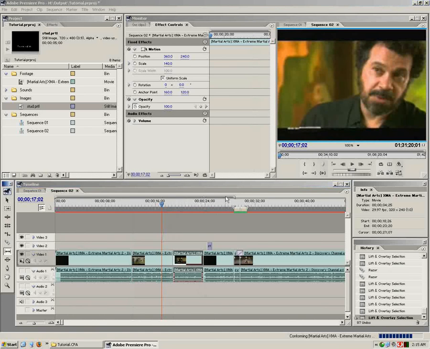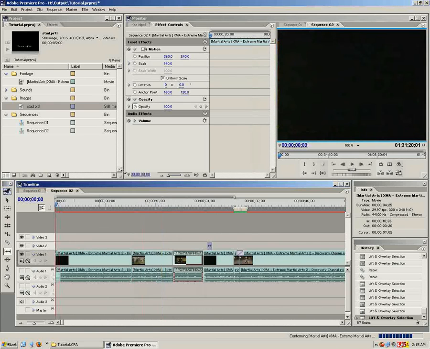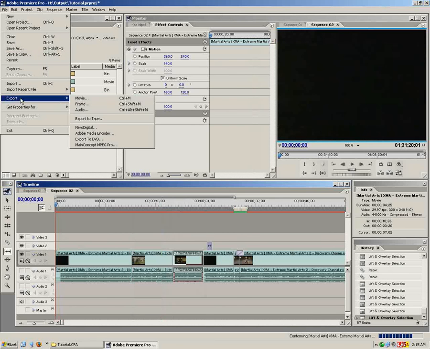And basically, when you've got everything the way you want, you're going to want to do File, Export. And you want to export the movie, obviously, to do the whole thing. You also could